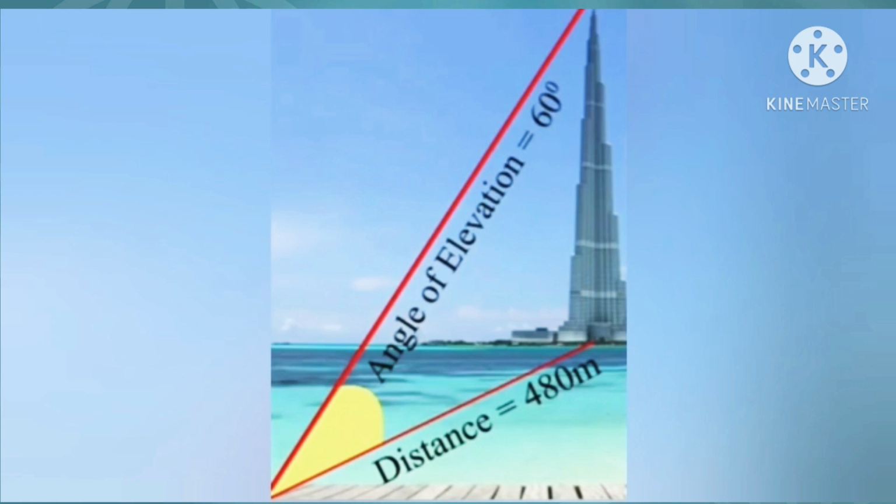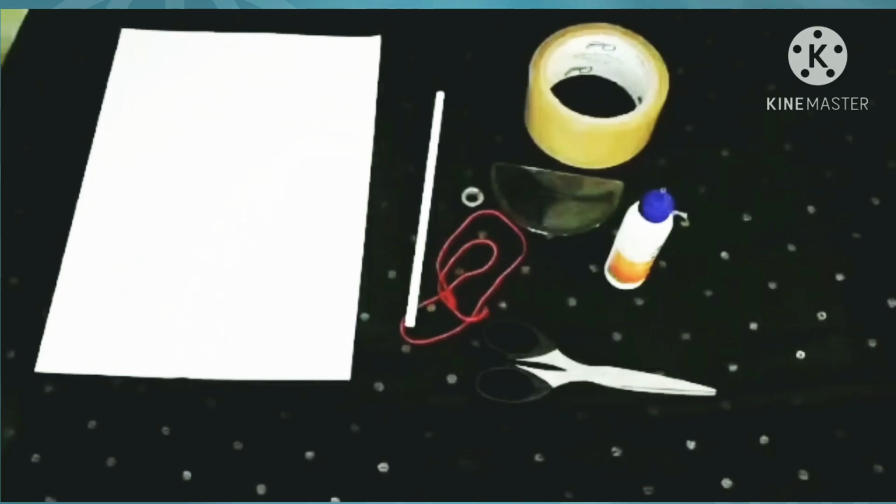So in short, a clinometer helps us to measure the height of a tall object using the concept of trigonometry without actually measuring the height of the object. A clinometer is also known as a tilt indicator. To perform this activity, we require